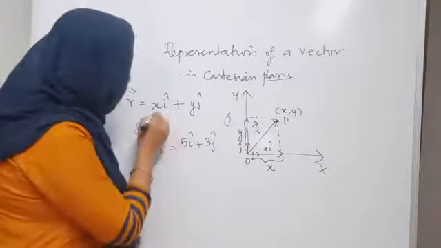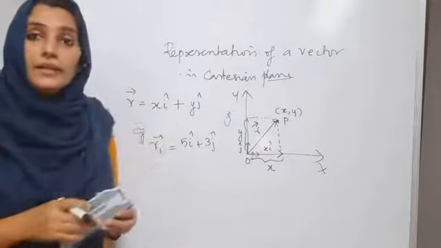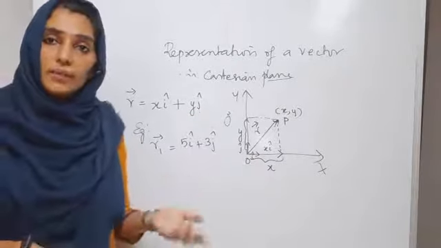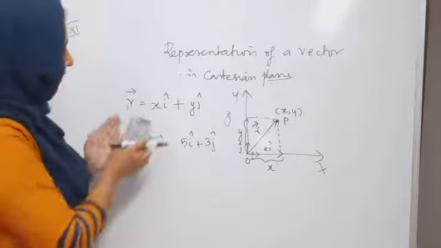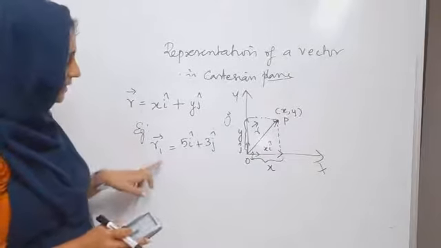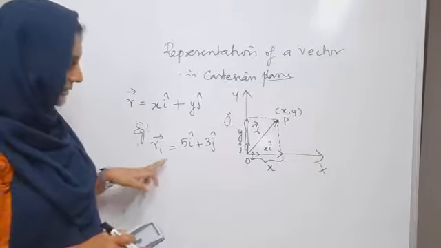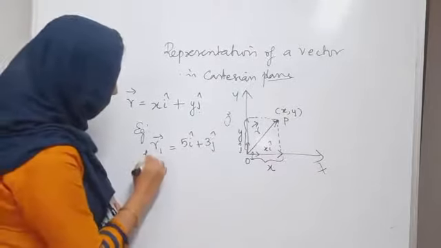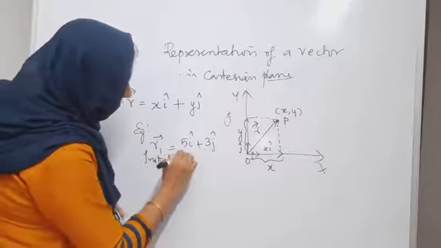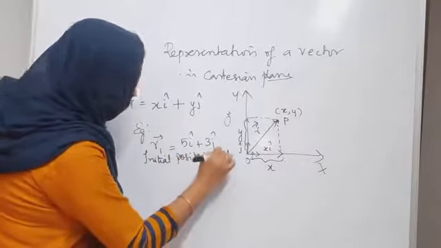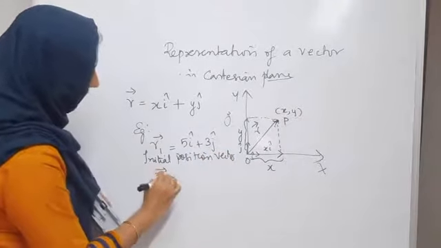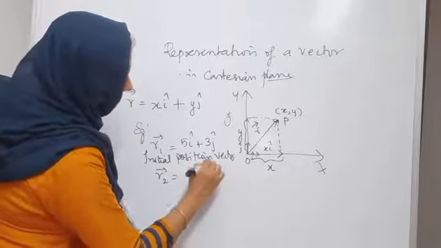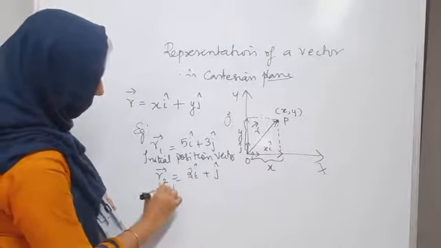So these are two vectors and they are known as components of a vector. These parts, when added together, are known as the components, and they combine to give a third vector. Now you can represent a position vector like this: R1 is equal to 5 I cap plus 3 j cap. Suppose this is the initial position vector. Suppose I say that the final position vector is represented by R2 is equal to 2 I cap plus j cap. So let this be the final position vector.